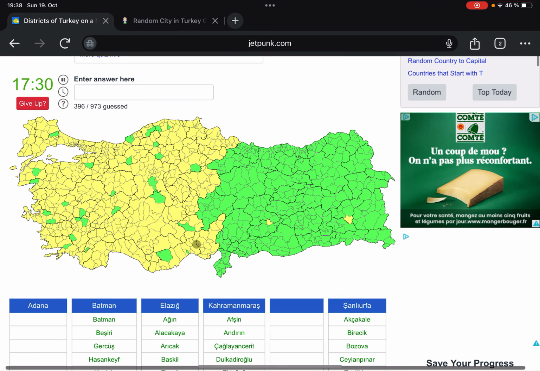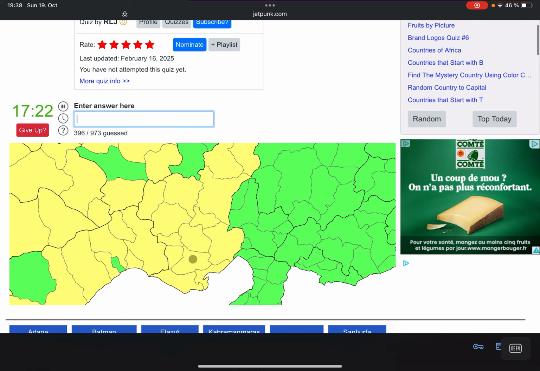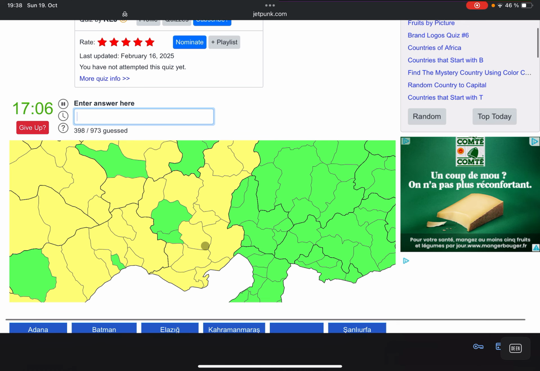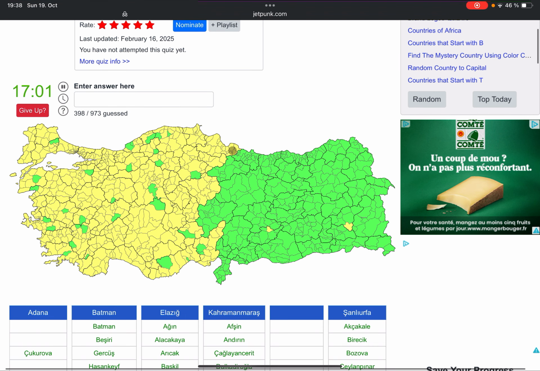All right, over here we have the province of Adana, and the city of Adana is made up of the districts of Çukurova, Karaisalı, and here I think it's a little bit disputed because the city of Adana is so big that, actually that's the case for almost all of these cities. When I say it's made up of these and these districts, it's always difficult to tell how far the city